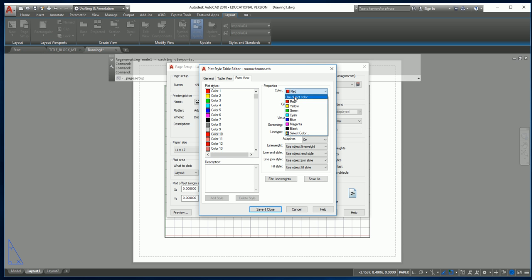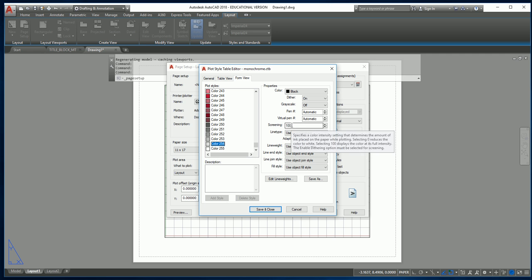So we're going to change that back to black, though, because I don't want to change it. And then remember I was saying here where I use these colors here and I actually make them gray. So you would do that here in screening. So what screening is, it's going to take 100% is a black line, right? 90% is a slightly lighter black line. 80% is even lighter, so forth, so on, all the way down to, I don't think 0 prints, but 1%